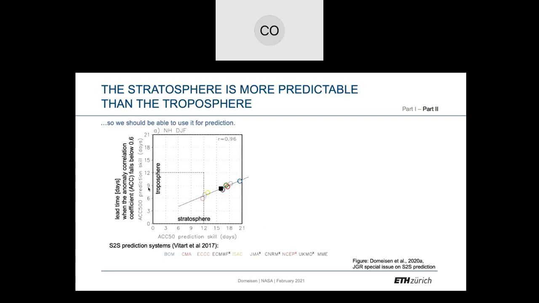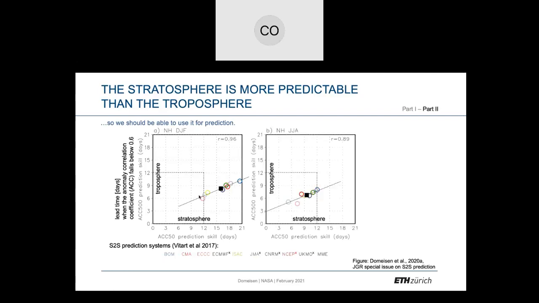Now, this doesn't necessarily mean that there's any causal relationship between the two. It's just that the stratosphere may be moving slower, or that models that have a good stratosphere also have invested a lot into the troposphere. Here is the multi-model mean, and these are all the different prediction models, which nicely fall onto one line. This relationship, and this is one of the reasons why you can say this is not necessarily causal, is that the same relationship holds for summer. This is now for June, July, August, and we see the same type of relationship, although we wouldn't really expect the stratosphere to have a downward impact.